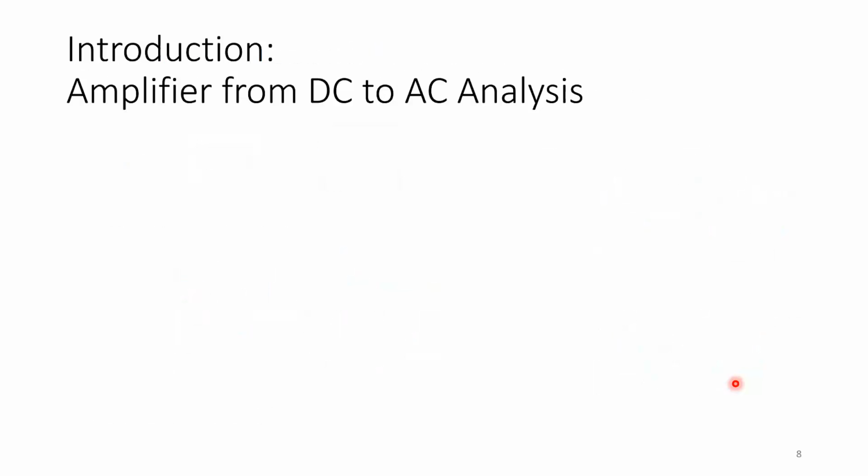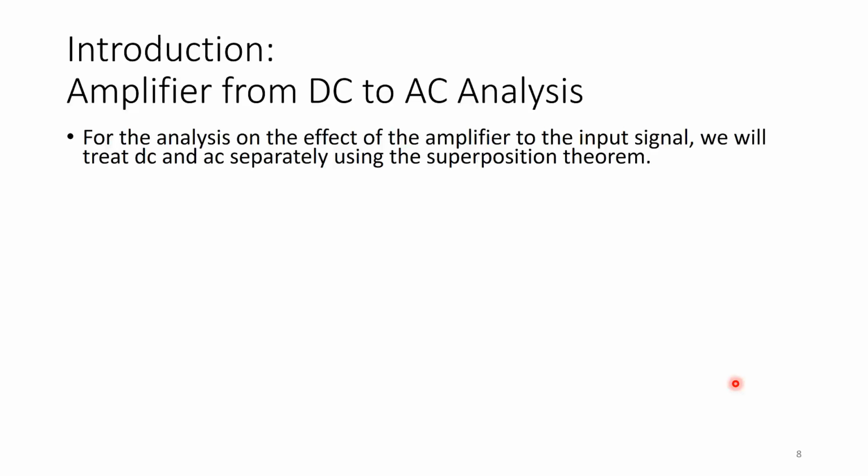Okay, so now moving from amplifier from DC to AC analysis. For the analysis on the effect of the amplifier to the input signal, we will treat DC and AC separately using the superposition theorem. As you do this later on, you may even forget that you're using the superposition theorem, but I would like to explain that even though the signal that goes through the BJT is DC and AC at the same time, we will still be treating it separately, but it can be added because